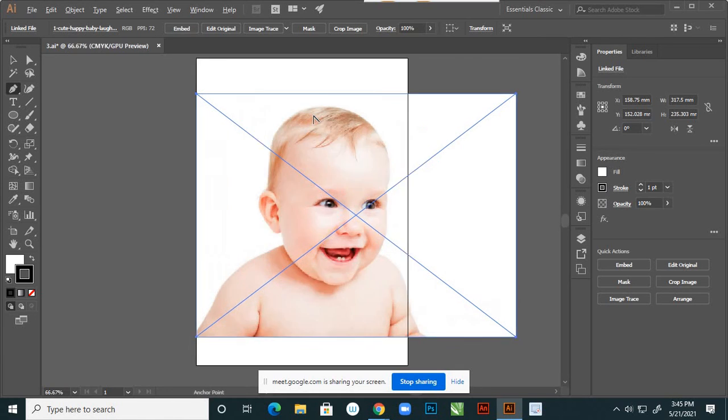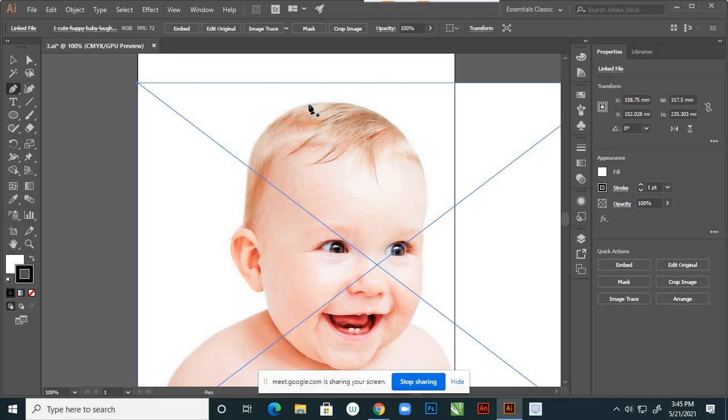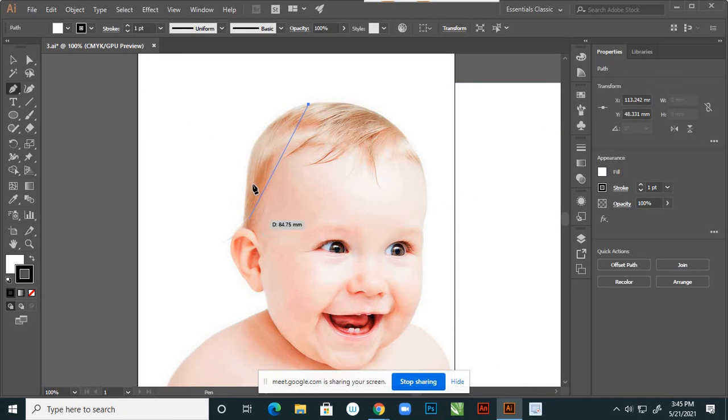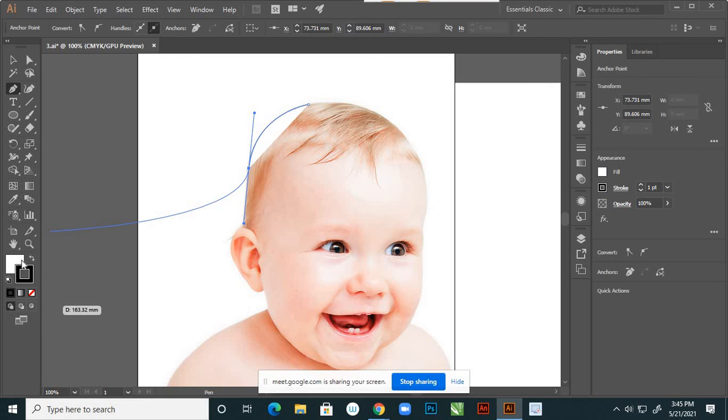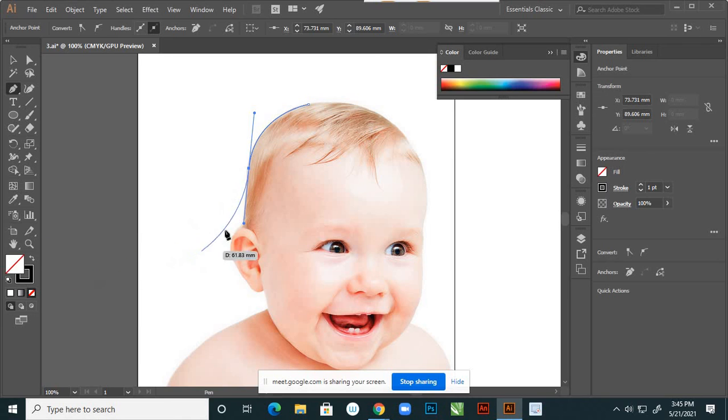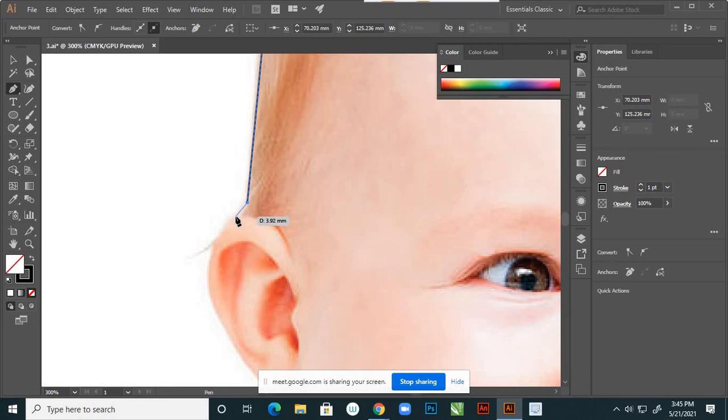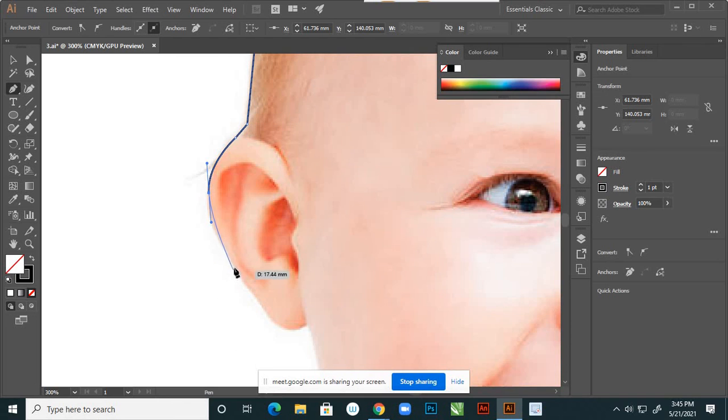See, here I am using the pen tool. See, I don't want this fill color. Carefully, how to do that.